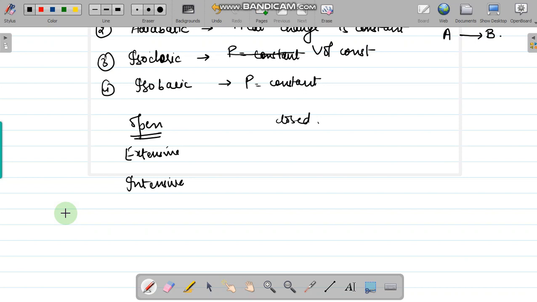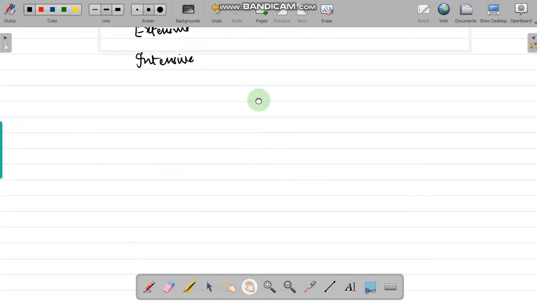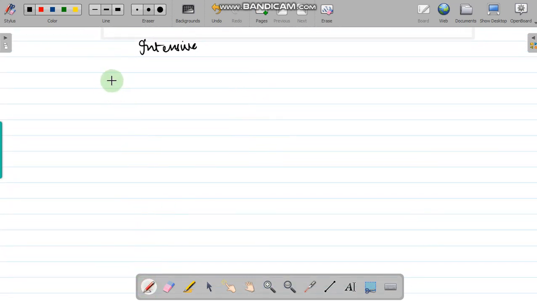Now, the next thing which we have in thermodynamics is the state of the system. Now, when we talk about the state of the system, we have the various properties, for example, the pressure, volume, temperature, as well as their compositions. So, all these things which bring the change in the system,